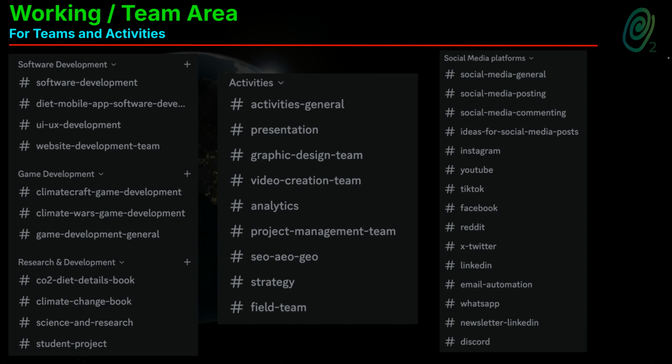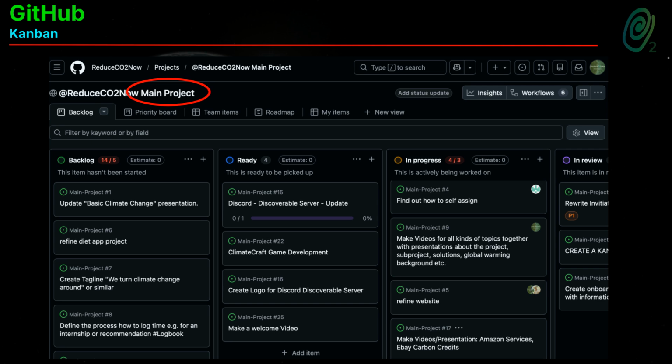Initially, we wanted to do all the management of activities in the Discord, but the Discord is not really designed for this, and all the attempts we have tried out really sort of failed. And we are focusing really much on software development and agile development. And for this, the software developers usually already have a GitHub account, and GitHub gives us not only the functionality to store software, which is really good, but there's also